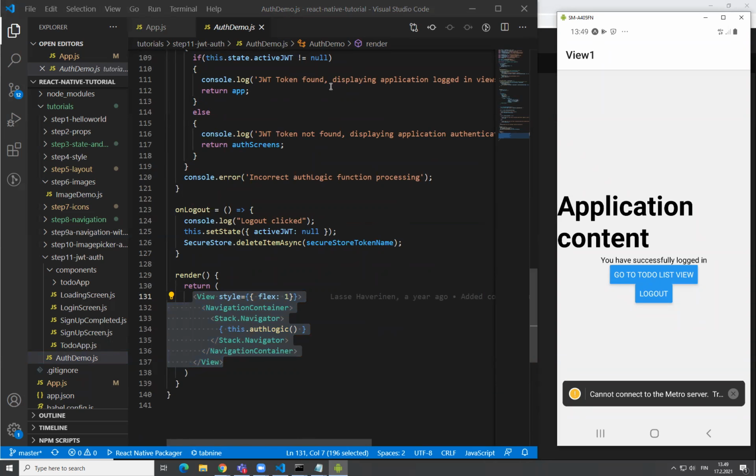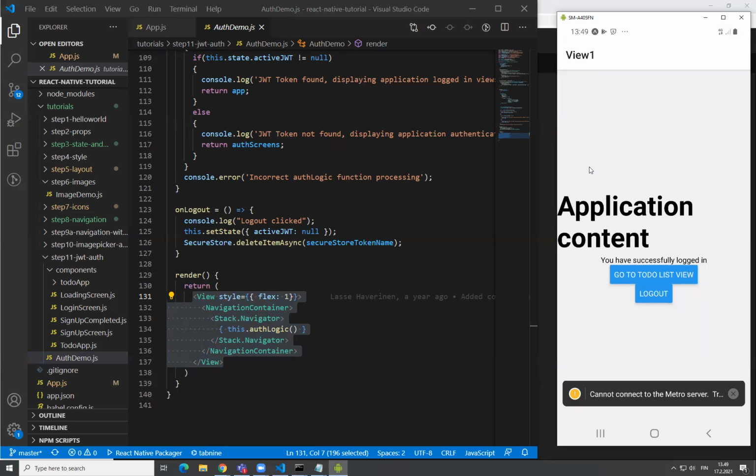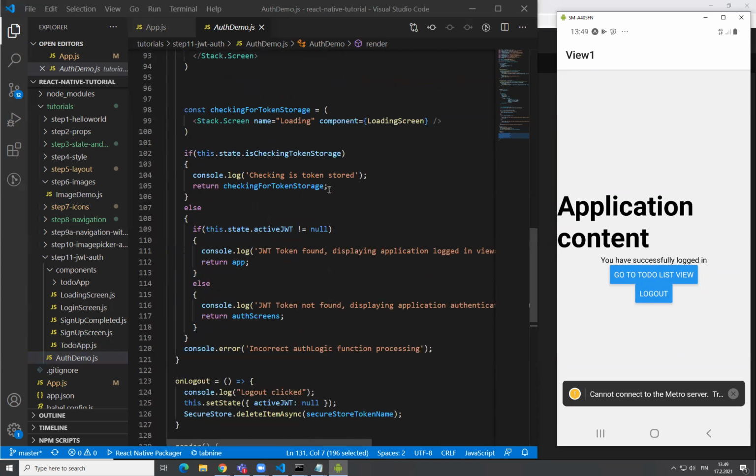That's the task of this auth demo, this root component. So it stores the JSON web token because the token is needed